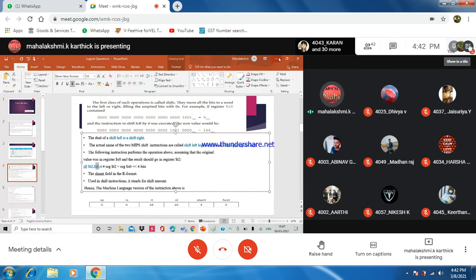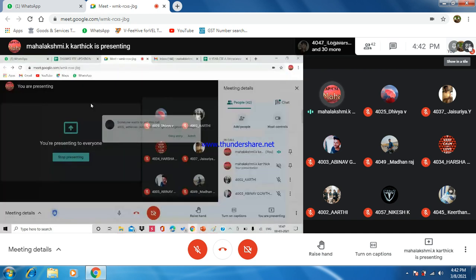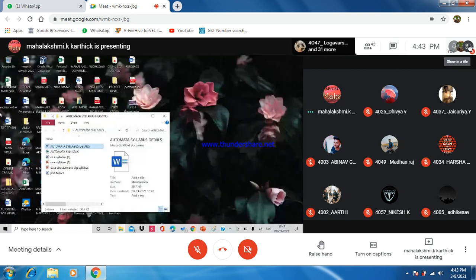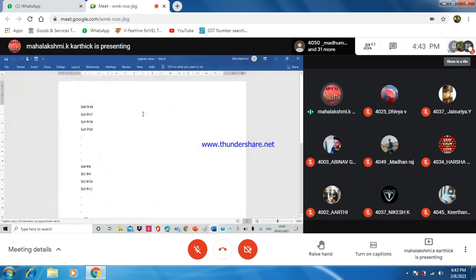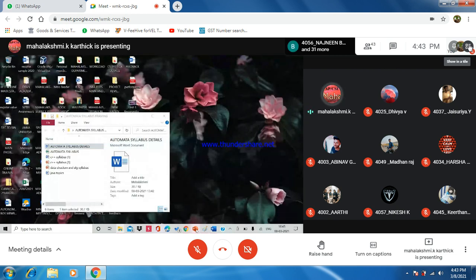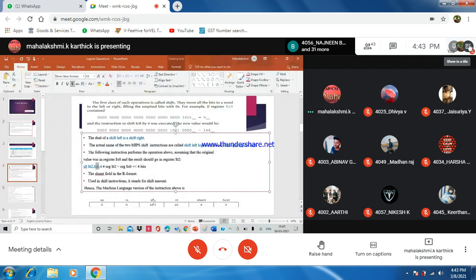S0 range தெரியும் இல்லையா உங்களுக்கு? The register values நம்ம already பார்த்திருக்கோம். What are the register values for S0 and the ranges of registers? S0 16, S1 17, S2 18, S3 19. So as you all know the values of S0, now you can replace in the RT. What is RT here? The second register source operand, correct? This is the first register source operand. The first register source operand is not present inside the assembly language instruction, so it is default 0.